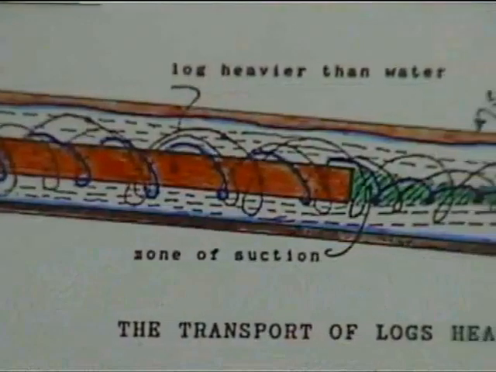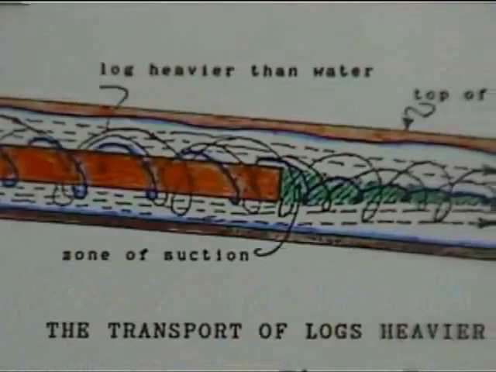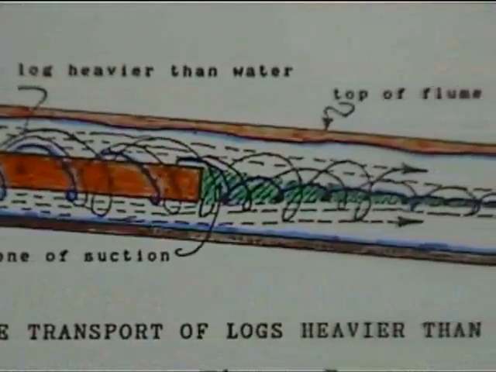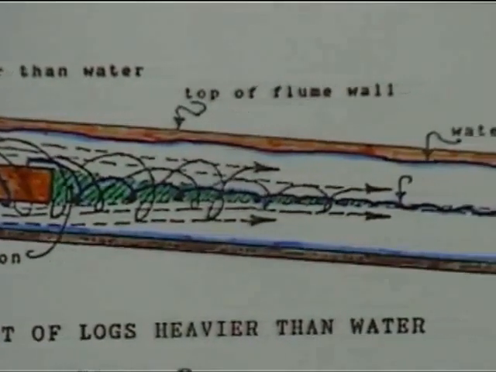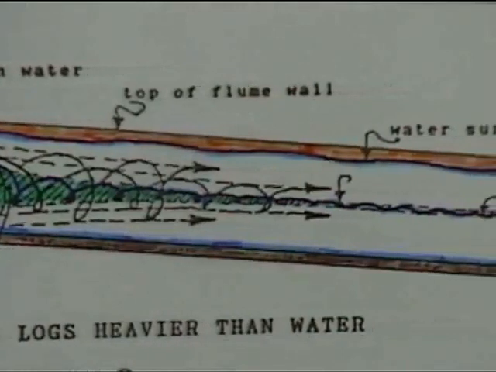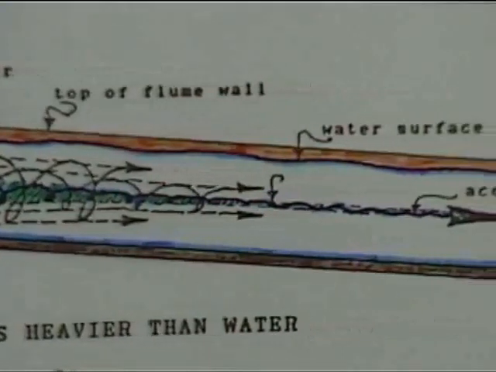And his flumes were so successful that actually about 9 of them were built. It was this phenomenon that enabled Victor to transport logs, which were heavier than water, down his log flume without touching the sides. Now these logs were known as sinkers because normally they were heavier than water and they dropped to the bottom. But because of this centripetal, this involutionary, this inward moving from the outside towards the inside spiral